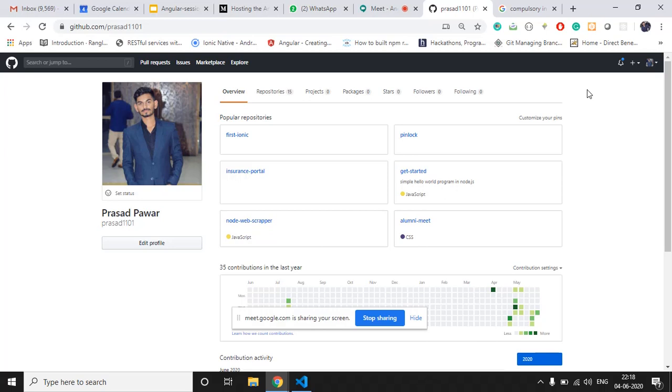Now what we have to do is create a repository. So what does a repository mean? Suppose we have a computer, right? And we have to keep data separated according to names or categories. So we create different folders, and suppose you have songs, movies, games.